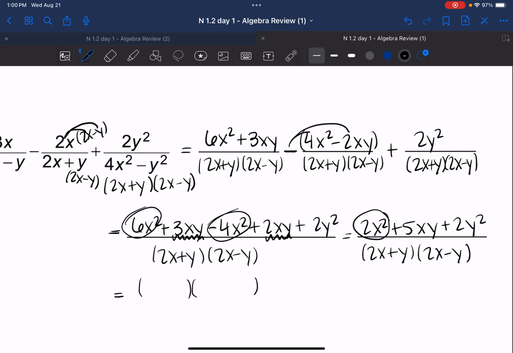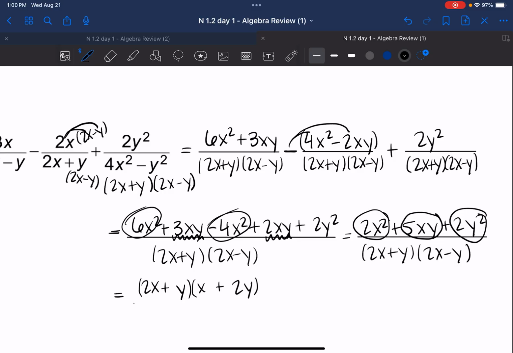So my first term is that 2x squared, tells me to use 2x and x. And then right here we've got 2y squared. So 2 and 1 both need to have y with them for that y squared. And it's supposed to add to give me 5xy. So I'm going to need to put the 2 here, so that way when I multiply it with the 2x, I'll have 4xy. And I'll do 1y here so that 4 and 1 can add to give me 5